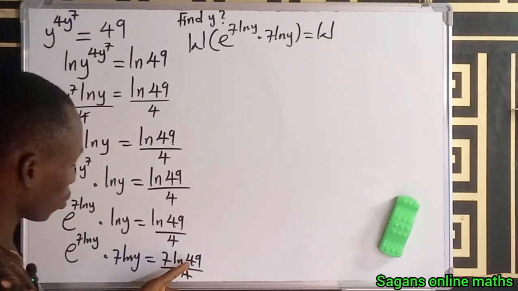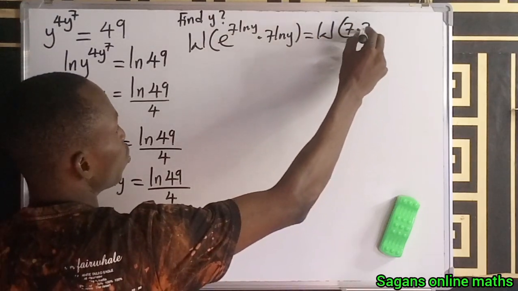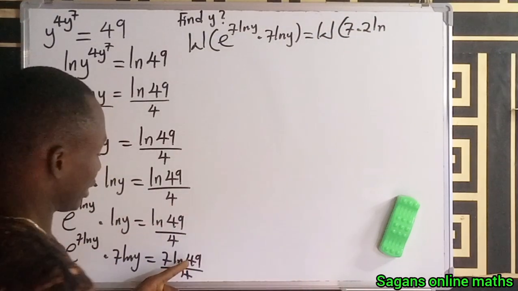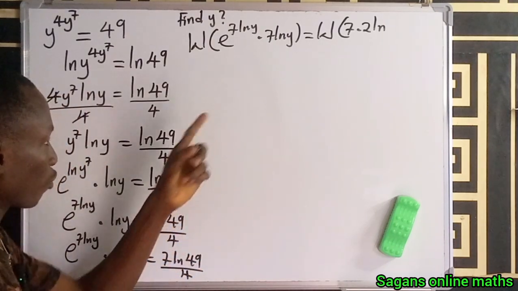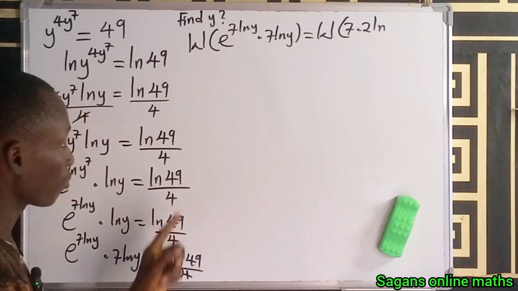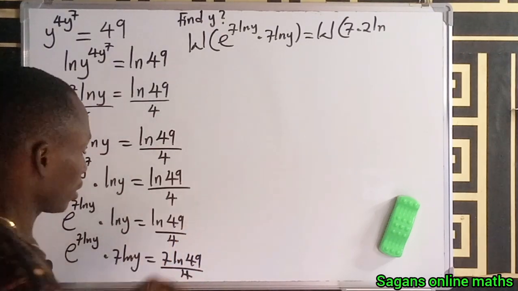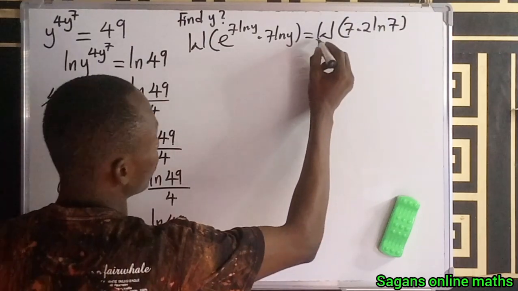Now at this point, I can also write this as the Lambert W function of 7 multiplied by 2 ln 7, because I can put 49 in index form as 7 to the power of 2. So if I obey one of the properties of logarithm, that 2 will go back to multiply by 7, we have 7 times 2, then ln 7, all divided by